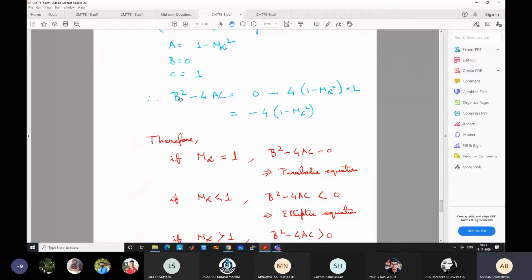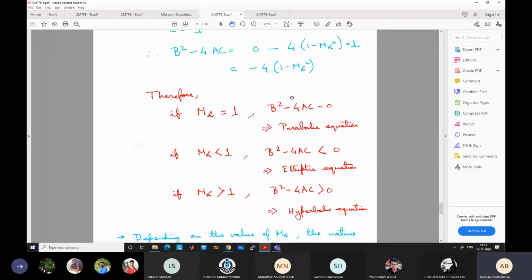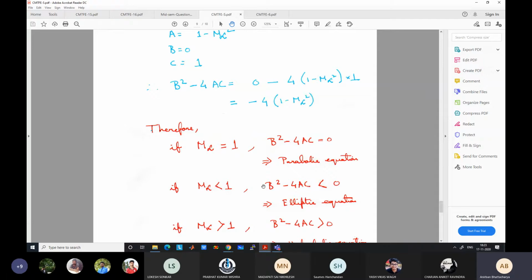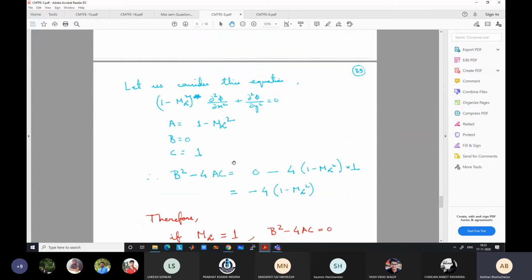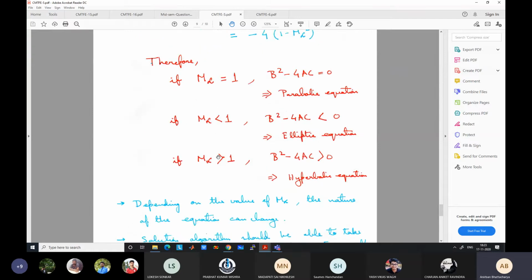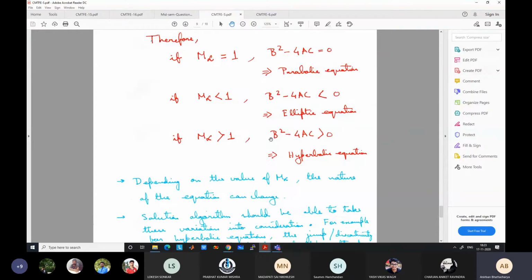So if you use this b squared minus 4ac, you have to show the calculation. For one case, if M infinity is equal to 1, this becomes equal to 0, which means that there is one real characteristic and it leads to parabolic type of behavior. If M infinity is less than 1, there is no real characteristic, because b squared minus 4ac is less than 0. You have to show that this is happening; directly you cannot just say that. And for the third case, if M infinity is greater than 1, b squared minus 4ac comes out as greater than 0. So you have to show what a, b, and c are and calculate b squared minus 4ac. Okay, and this leads to hyperbolic type of equation.